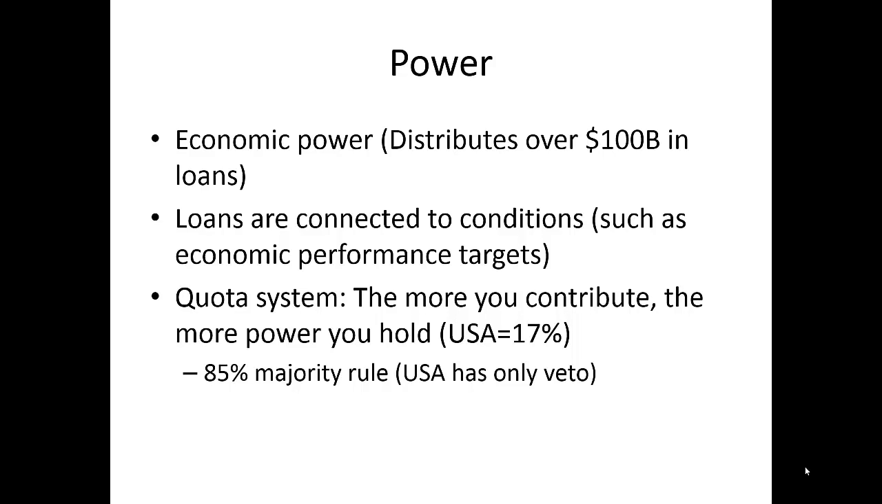Lastly, this one's a little bit technical. But power isn't evenly distributed within the IMF. It's not one state, one vote. You get as many votes as money that you give to the IMF. The IMF gets money from states, from wealthy states. Mostly America. So America gives the US contributes 17% of the IMF's